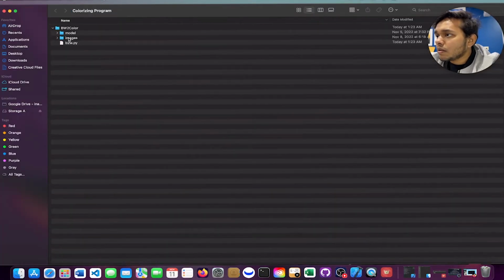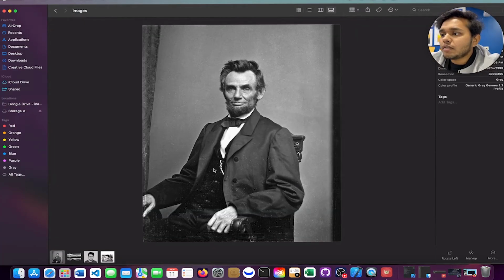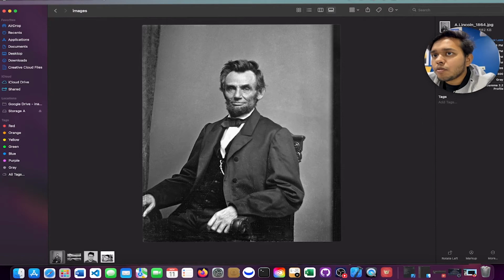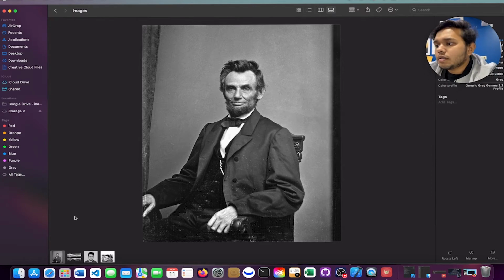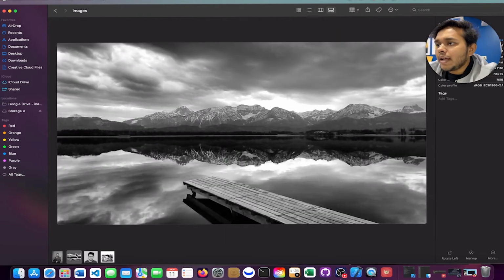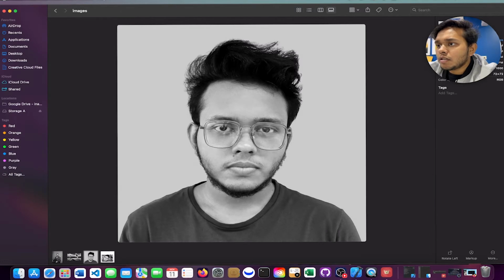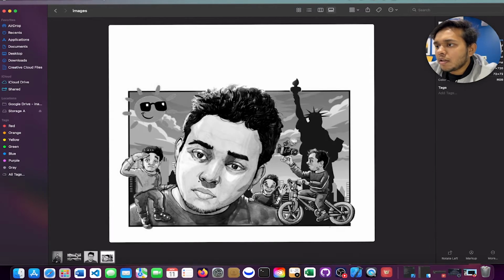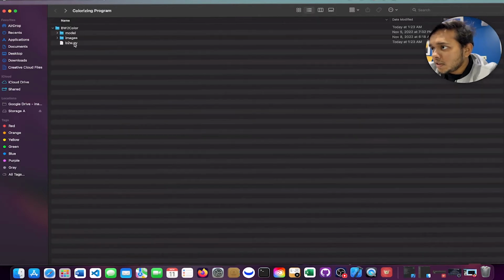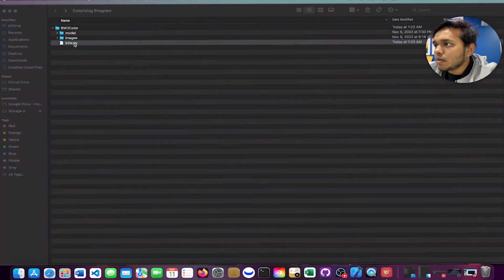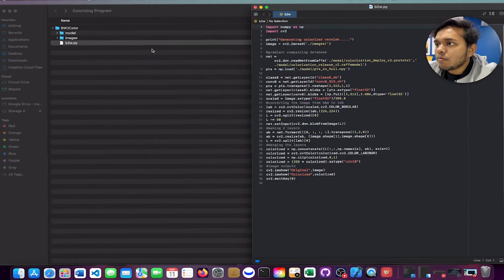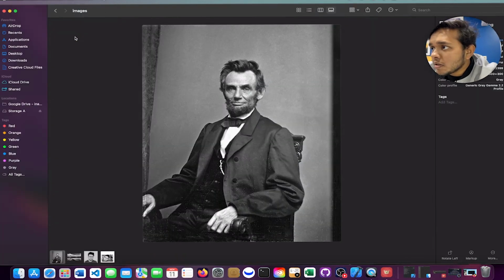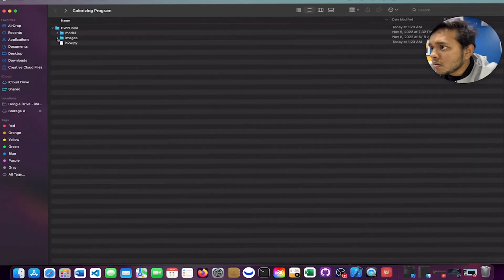Okay, so here I have 4 images. It's of Abraham Lincoln and it's from 1864. The second one is a landscape. The third one is my photo, and last one is a sketch. So let's see what the algorithm can do. So this is the Python code. Now I just have to